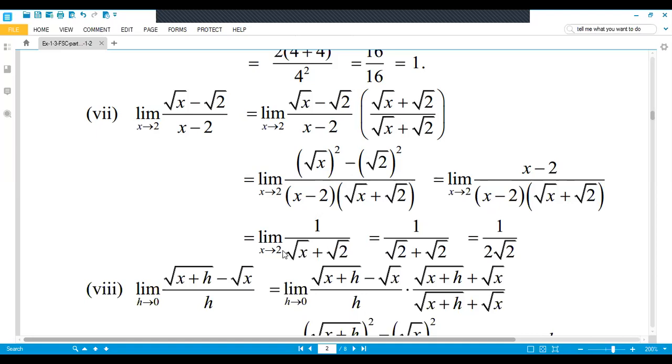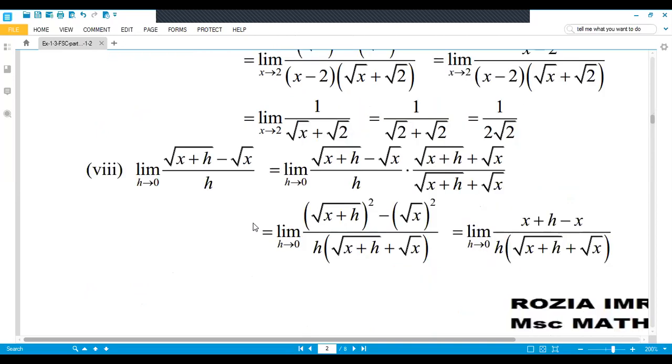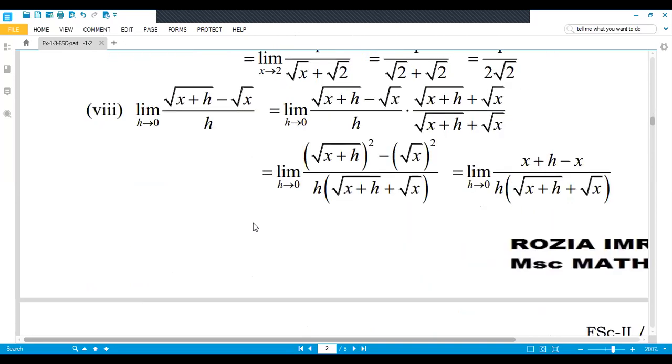Now you apply limit on the denominator. On the numerator, if you apply limit, again you get 1 because this is constant. When you apply limit on the constant, you will get the same number, no change. So in the denominator, when you apply limit, under root x will be changed into under root 2 plus under root 2. Now both are adding, so coefficient 1, coefficient 1, so it will be 1 divided by 2 under root 2. Now come to the eighth part of this exercise, question number 2, eighth part, second last part of question number 2.